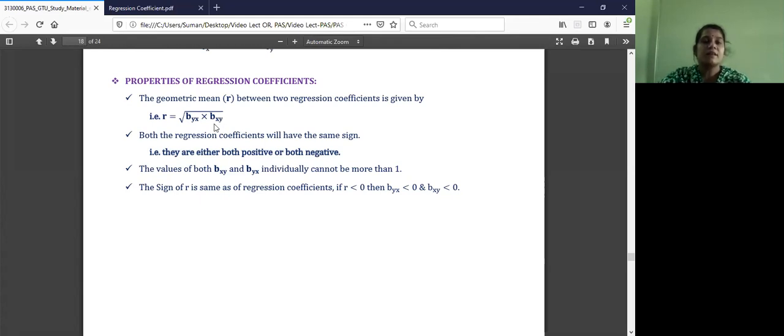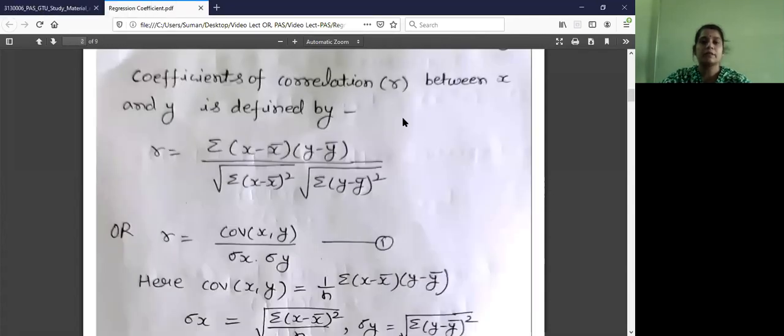Always keep in mind, if our regression coefficients are of the same sign, if both are positive, then we write the value of r is positive, and if both are negative, then we write the value of r with a negative sign. Got it? So next, the example is the coefficient of correlation r between x and y is defined by r